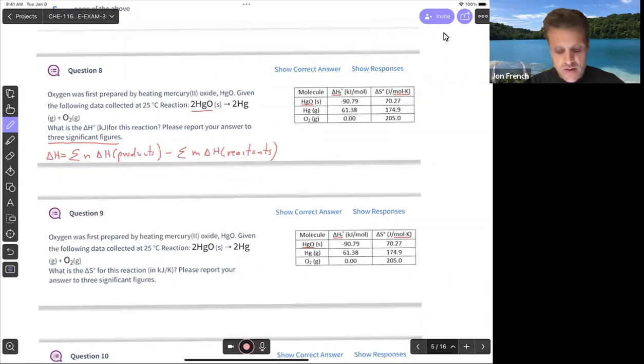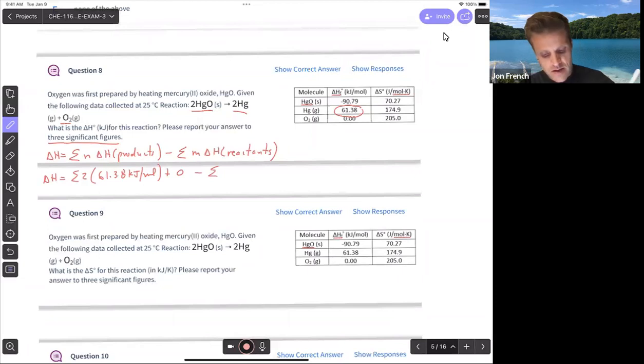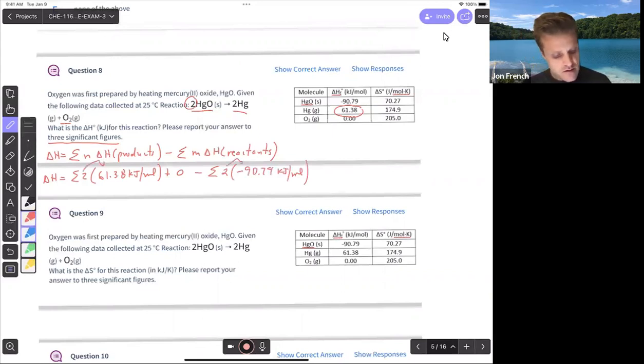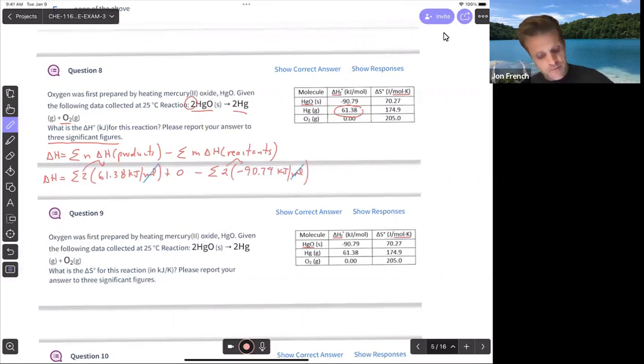All right, so I've got mercury 2 oxide breaking down into mercury and oxygen. So that delta H is going to be, got 2 moles of mercury, and that's at 61.38 kilojoules per mole, plus oxygen, which is 0, minus the sum of my reactants. I've got 2 moles of mercury 2 oxide at minus 90.79 kilojoules per mole. We're going to multiply through by our molar coefficients, and moles cancel out. And that's going to give us a delta H of